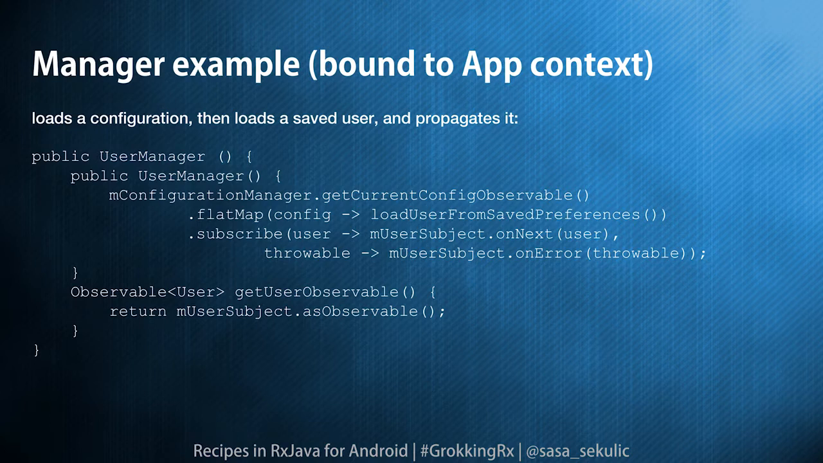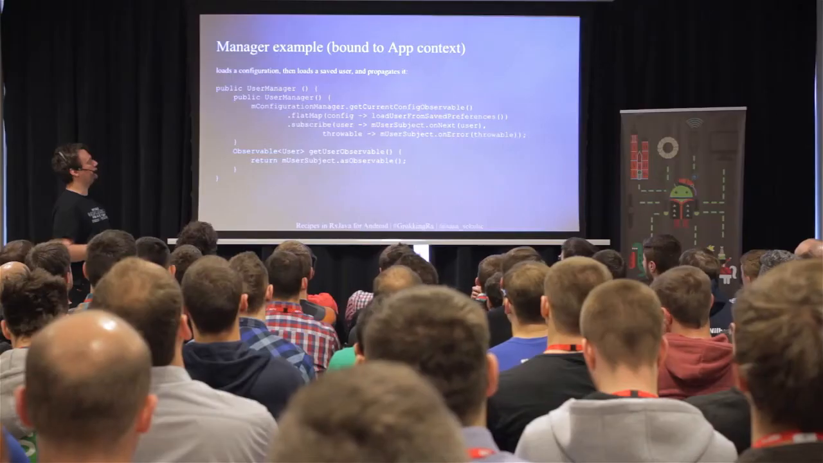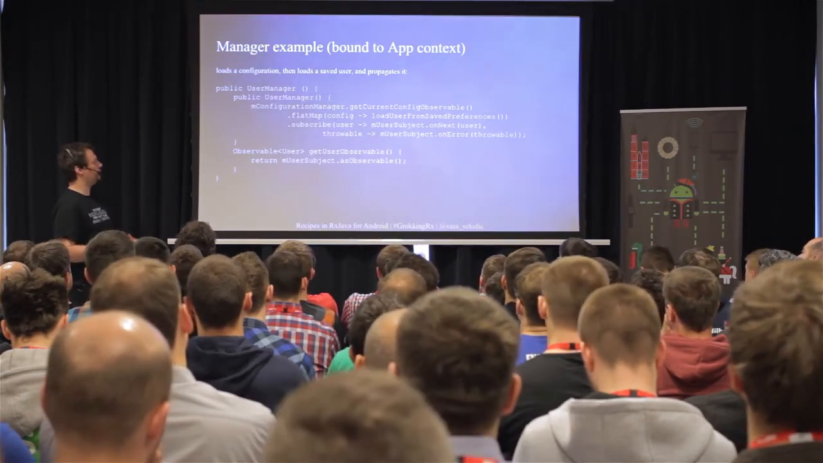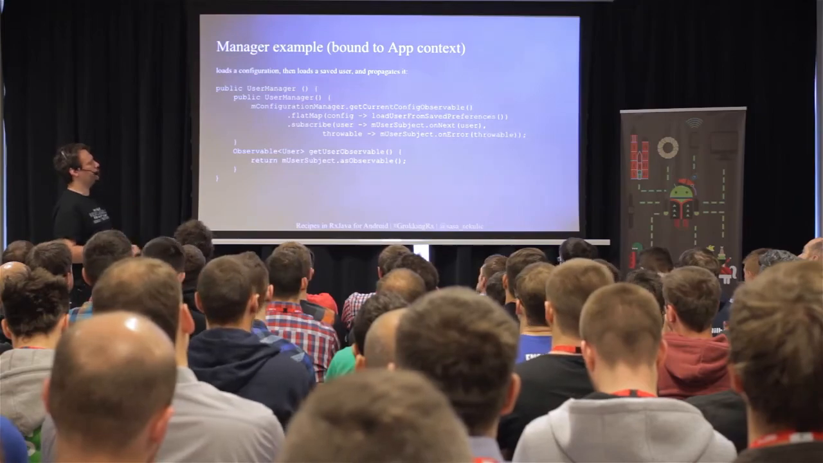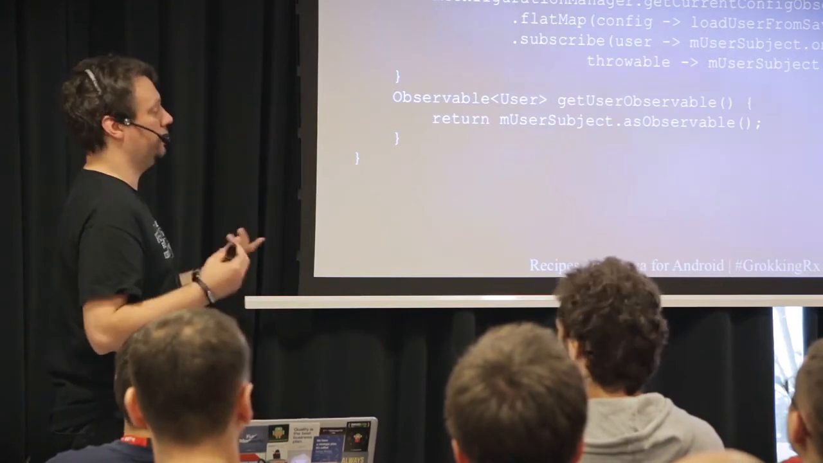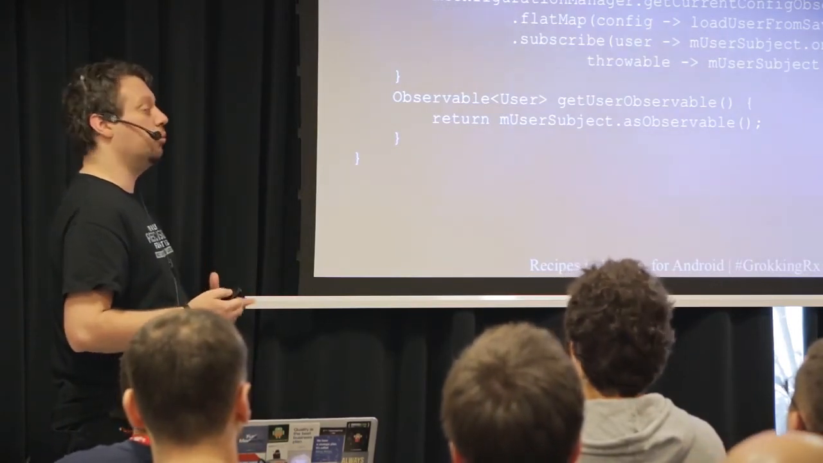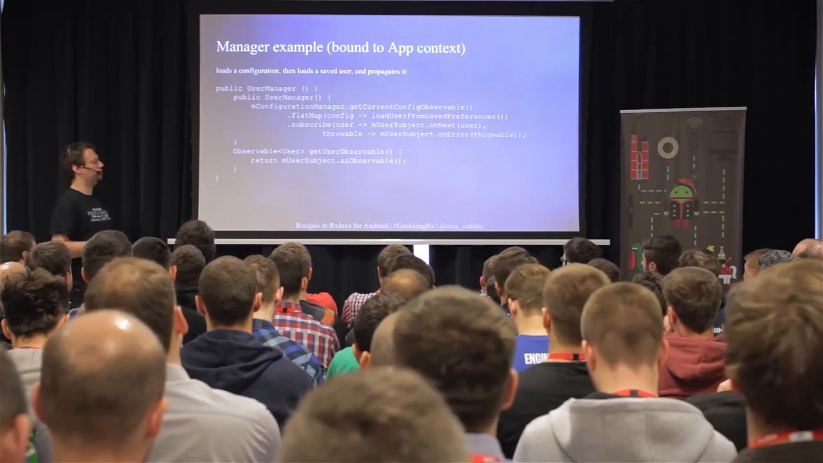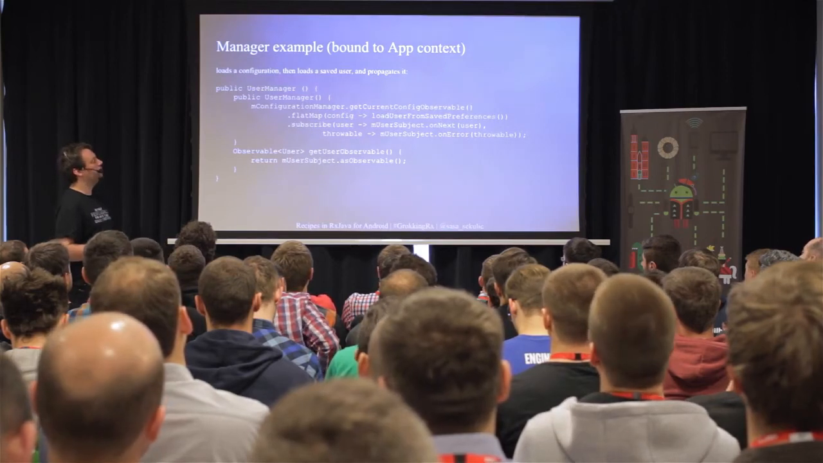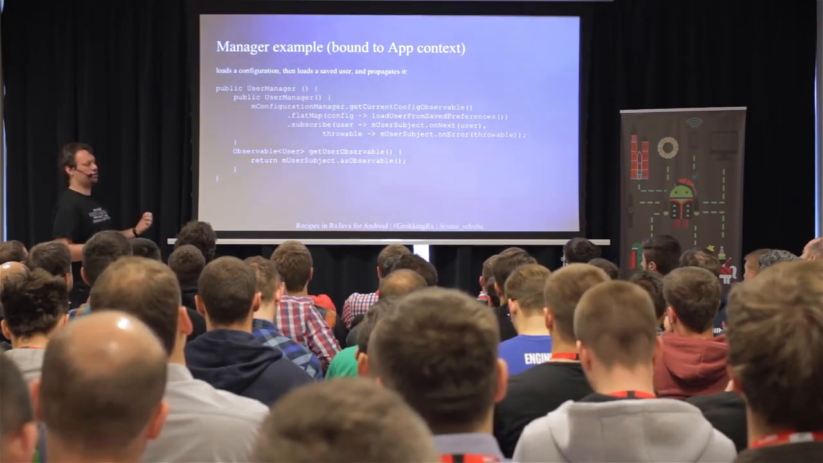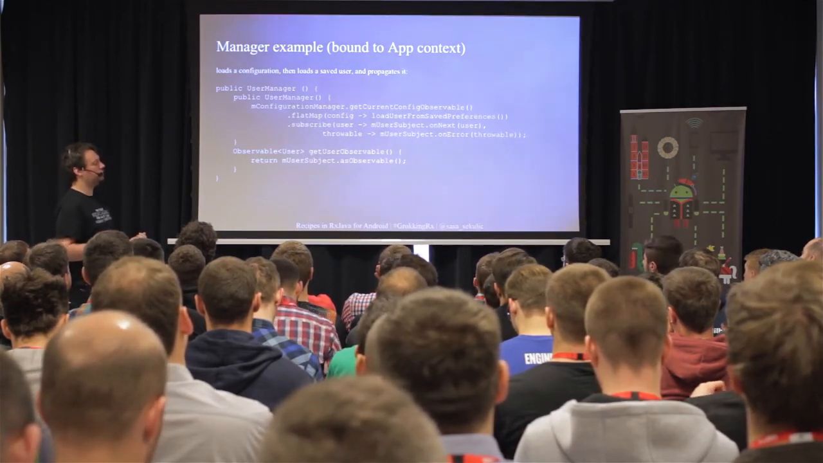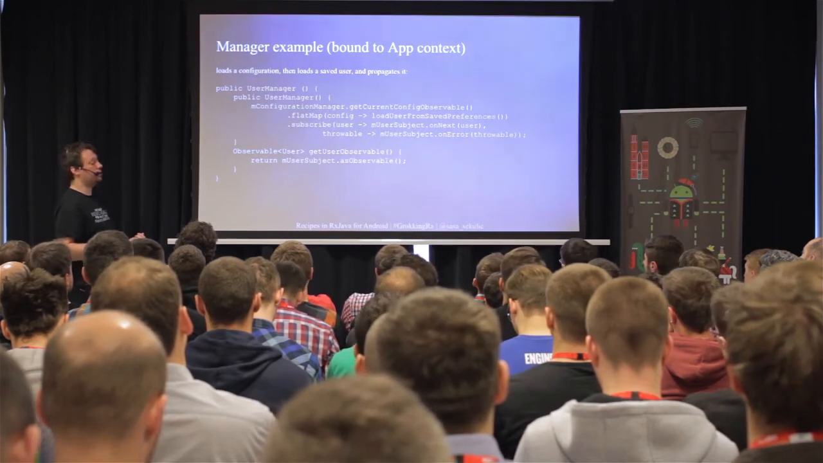Now I'm going to present you a little manager example. It's a class that is bound to the application level, to the application context. We'll call it UserManager. What it does, let's say, is load the user from saved preferences, because you probably have a user, you need it. But there is one more thing. It also has a configuration. So we get the current configuration observable. Then we do the flatMap. We say, okay, we have the configuration. Now we need the user. And the observer